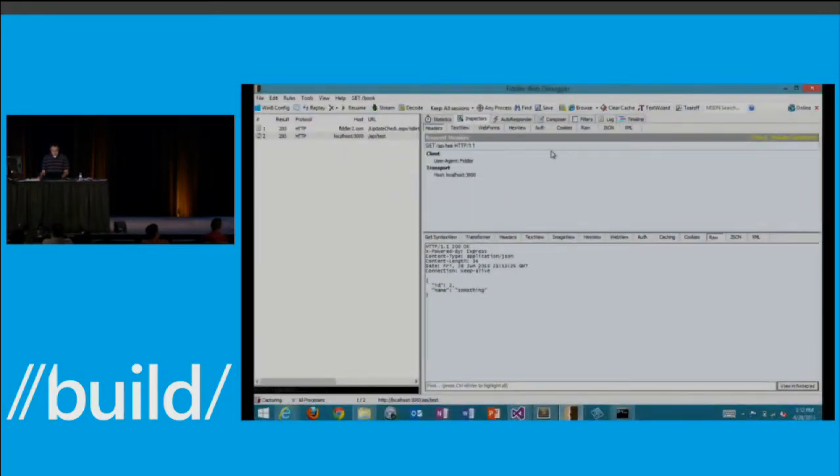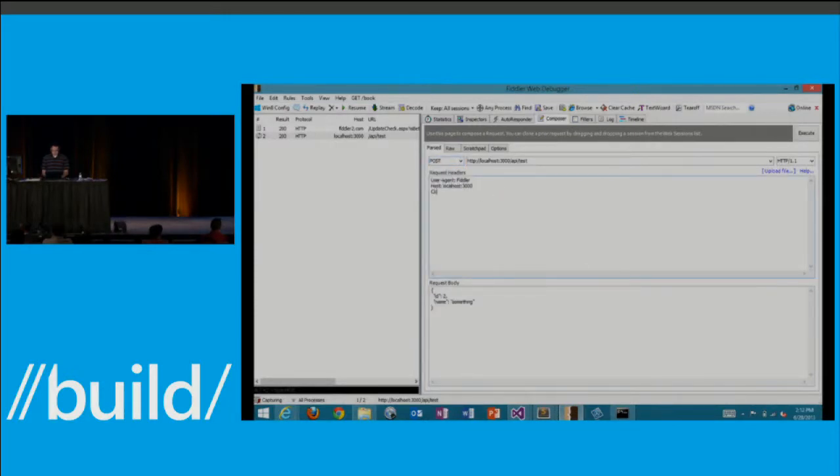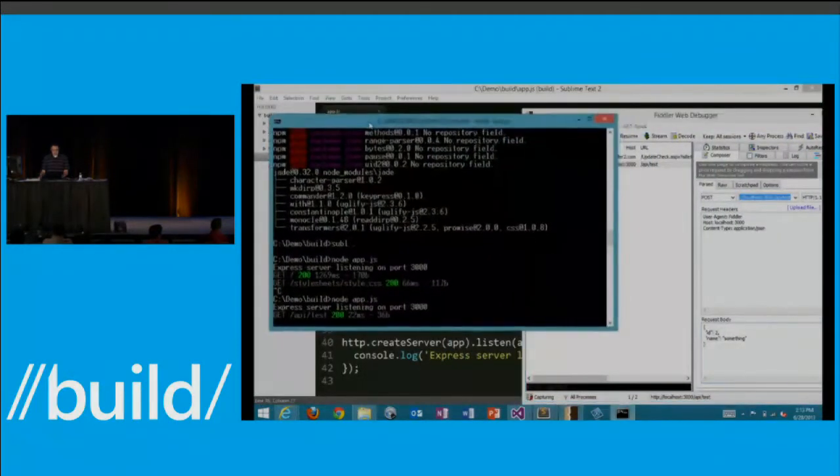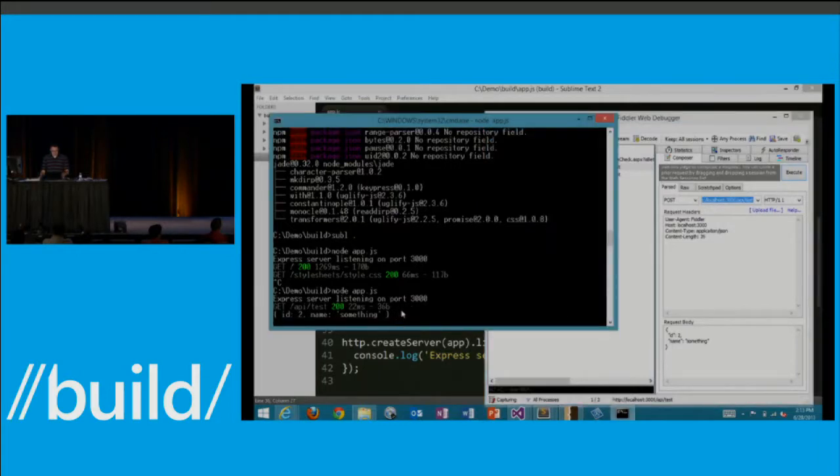The other thing we can do is, of course, do a POST and actually send data. So let's just send that same JSON data back to our API. Post and content type, if I could spell correctly, application/json. So we're going to set our content type to JSON, and then we're just going to post that same message back. And let's pull up our console because we did console.log there, execute, and there we see